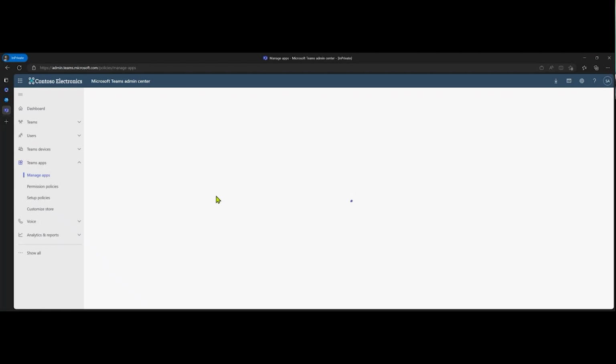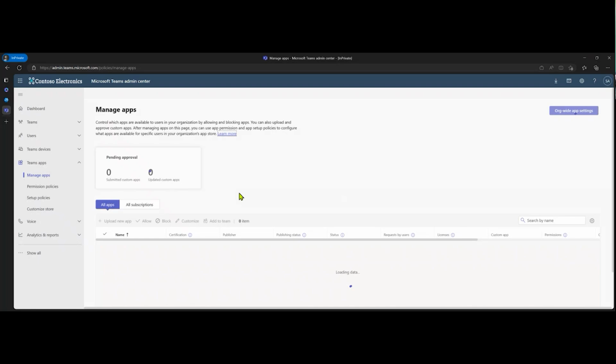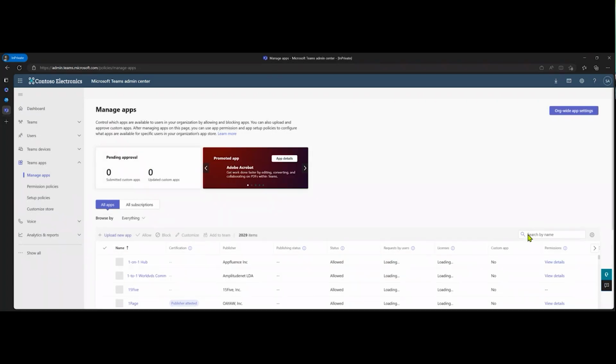It's a little slow. All right. I don't know whether it's my computer or if the cloud is quiet quitting on us. All right.